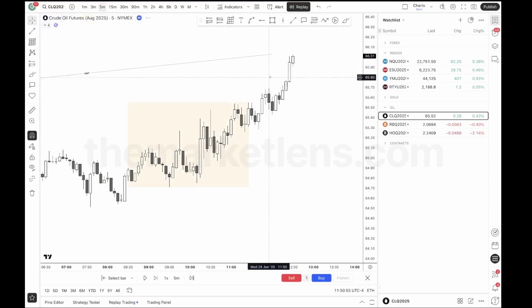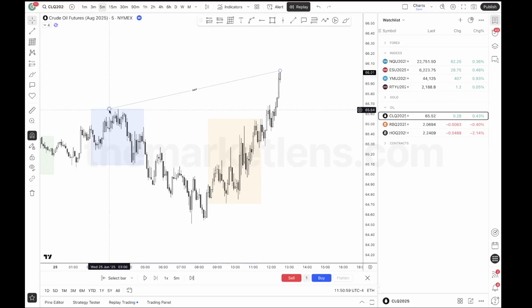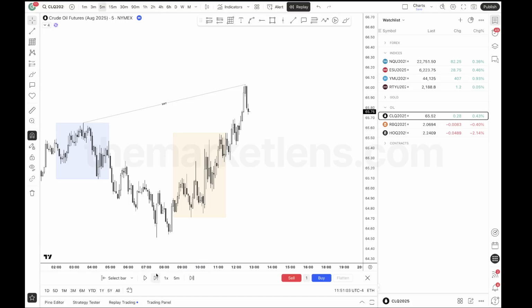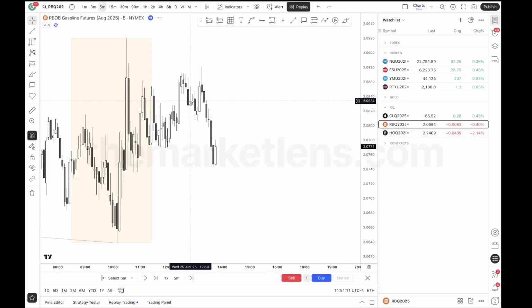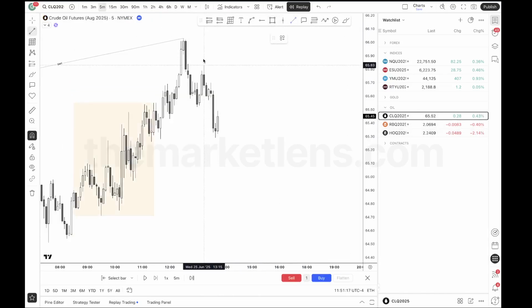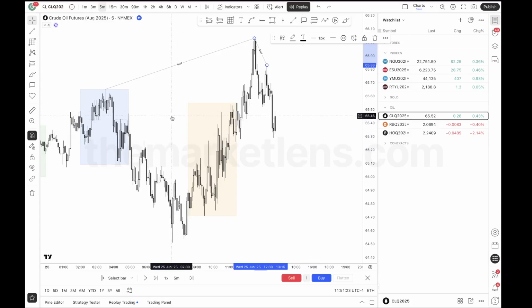Now when I drop lower, this is just in PM session. It's a low prob. I think it's still lower probability, just because given the profile. But just to show you proof of concept, two-stage SMTs, they're everywhere. So if I look at this, I think it's, hold on, let me find it. Yeah. So the high right here, 1315. 1315 is right here, creating a lower high, right? So there's your strength switch two-stage SMT.